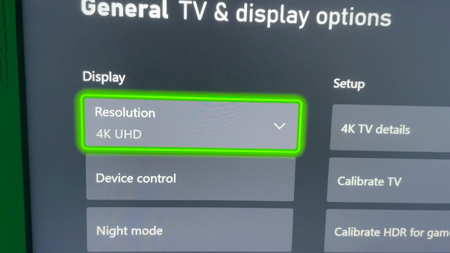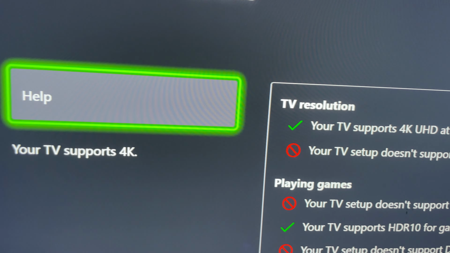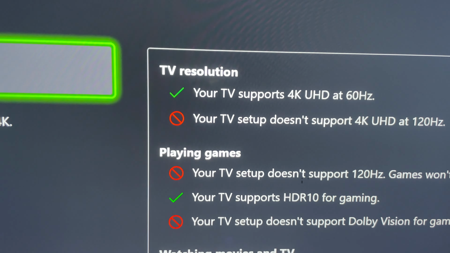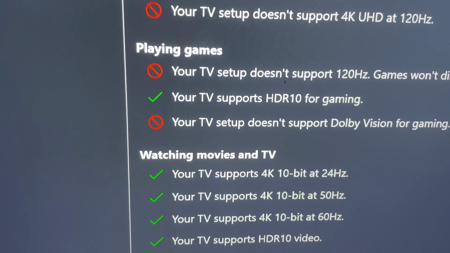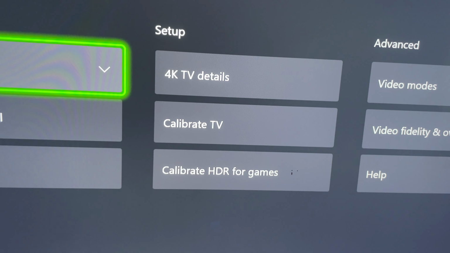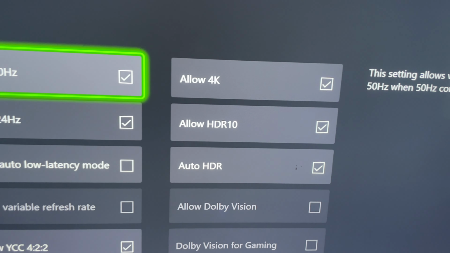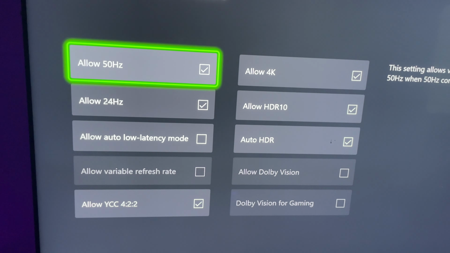As you can see on the Xbox, I have it set to this and only that. 4K TV details. This is a Samsung QLED 65-inch. So I'm good to go on all this stuff. Completely good to go. And then the only other thing is this. Now, if you guys see something here that I should have turned off or whatever,